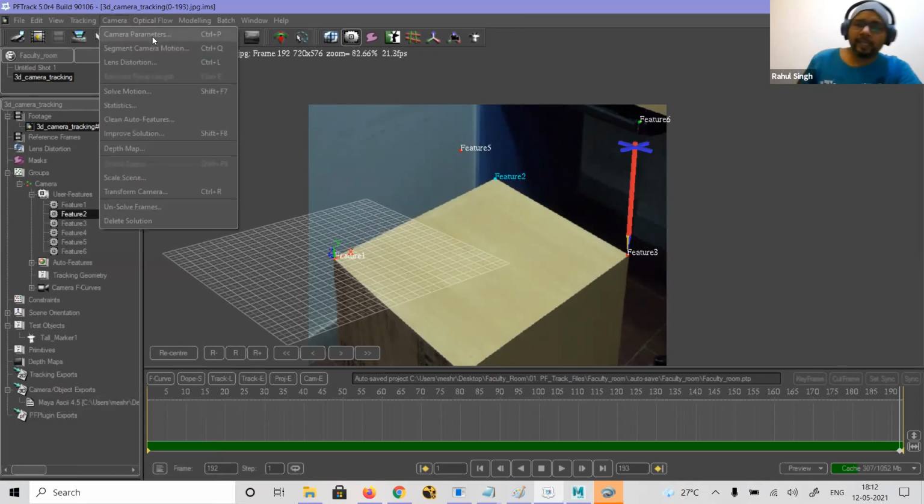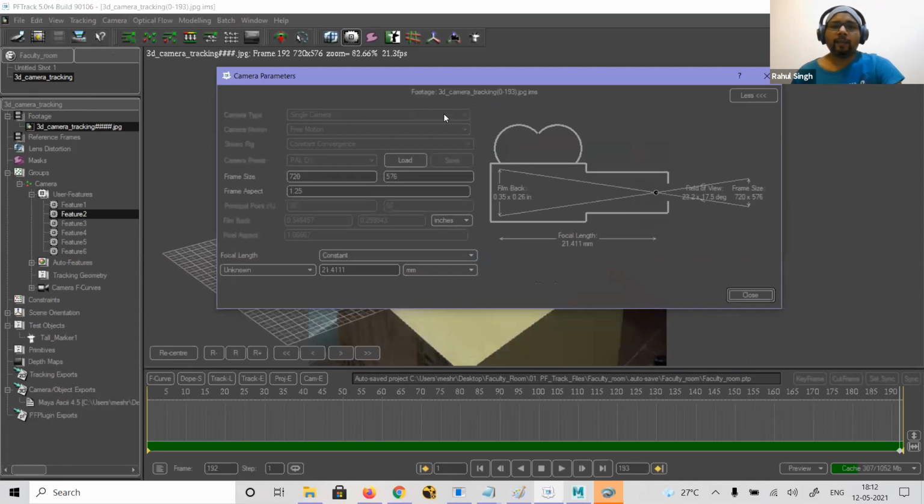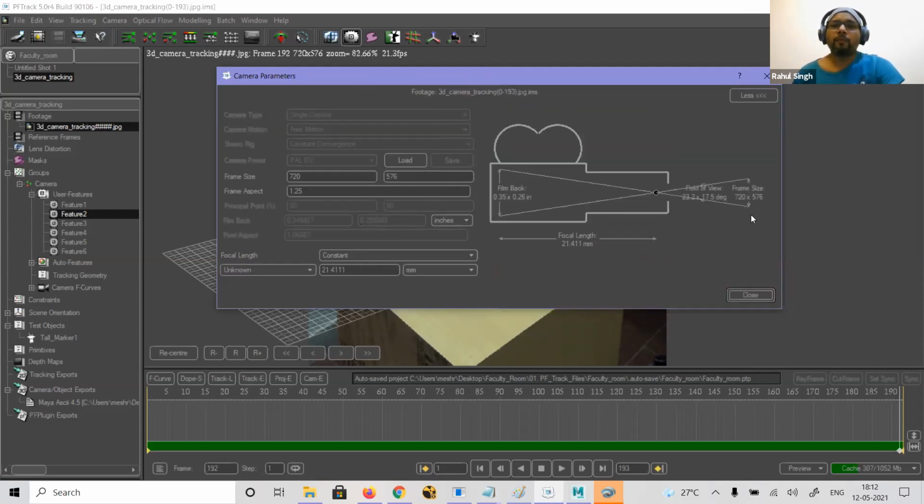Now suppose you know which camera you have shot with. Before solving, you can give those parameters here. Okay, single camera is there. Paul, it has been taken from there. Frame size is fine, no need to change. Frame acceleration, no need to change, but you can change this option. Is the focal length changing, yes or no? What is the exact value: 35 mm, 21 mm, 20 mm, 14 mm? If you know, please update it. Lens, please update all that information, if you know.